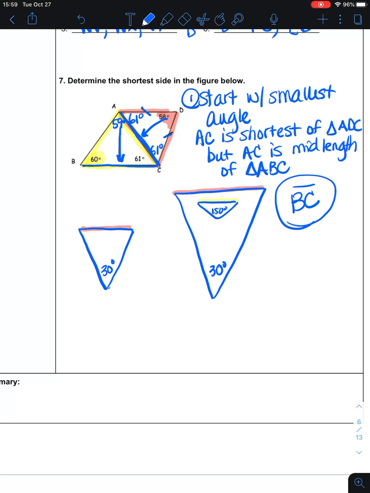So you start with the smallest angle. After you find all of them, start with the smallest one and then work your way through until you come to an agreement. If the 60-degree angle had been the 59-degree angle, then I would have said, yes, AC is the smallest, if those two angles had been switched. So once it's agreed upon between all the triangles, then you would stop there. But in this particular case, because AC is the shortest side of the red triangle, but BC is the shortest